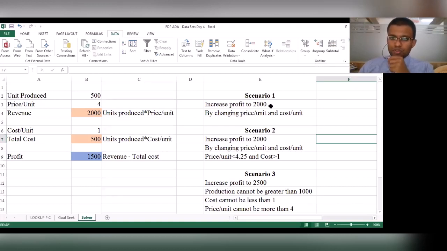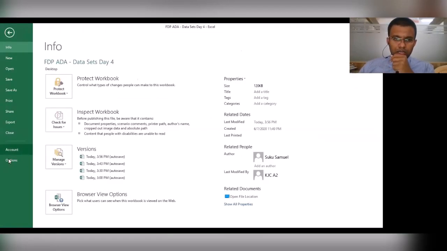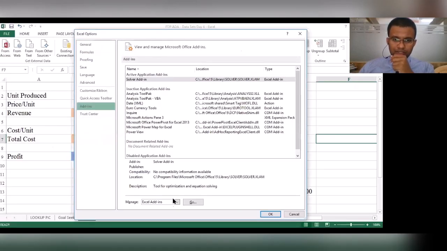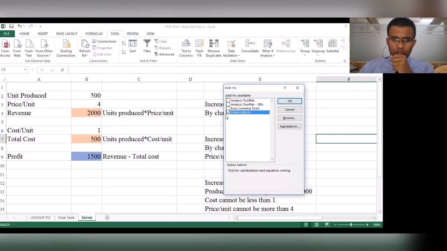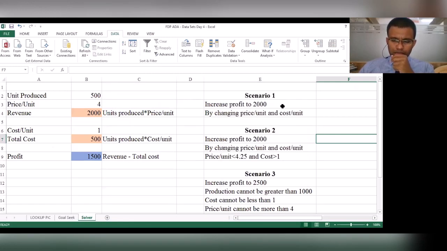I'll repeat the steps once again. Please click on file, options, go to add-ins, Excel add-in, click on go. You would see an option like this. Just put a tick mark and then say okay. Sometimes it may have to download some framework files, but it should be done in a minute or two depending on your internet speed. To check if the solver analysis add-in has been enabled, click on data, and you should see the option that says solver. This gives you a confirmation that it has been enabled for you.